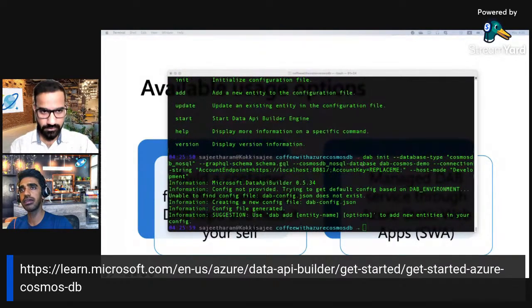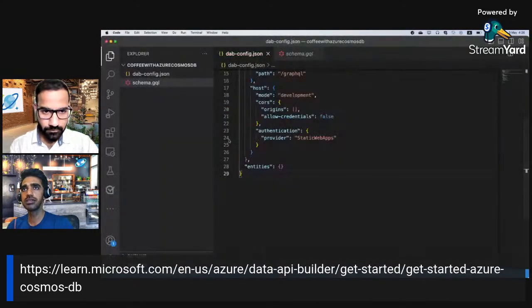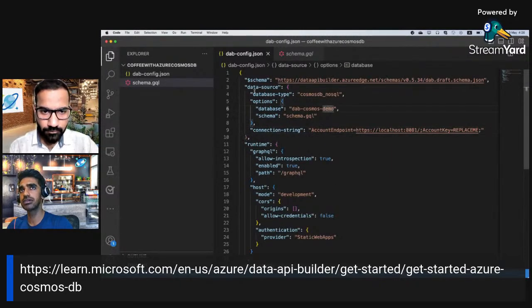Currently, what I'm doing is a dab init, and the database type is Cosmos DB NoSQL API, and then I'm providing the schema, a database name, and then the connection string. If I go and see the config file, you can see the config file, which is auto-generated, which consists of what the data source is, what the connection string is.